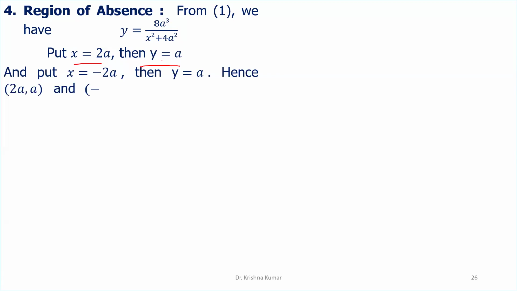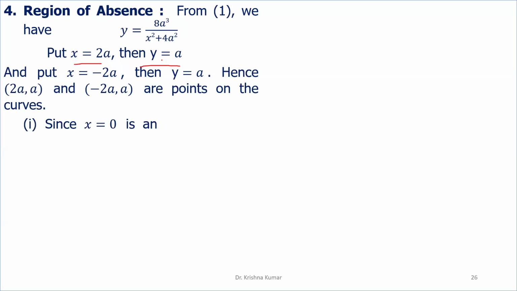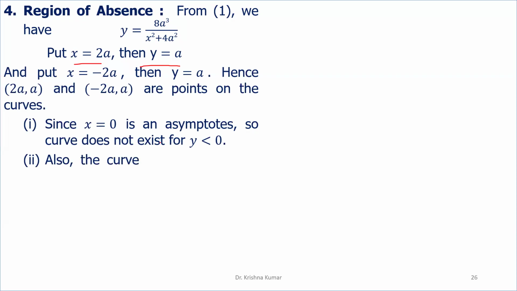Hence, (2a, a) and (minus 2a, a) are points on the curve. Since y equal to 0 is an asymptote, the curve does not exist for y less than 0. Also, the curve does not exist for y greater than 2a,